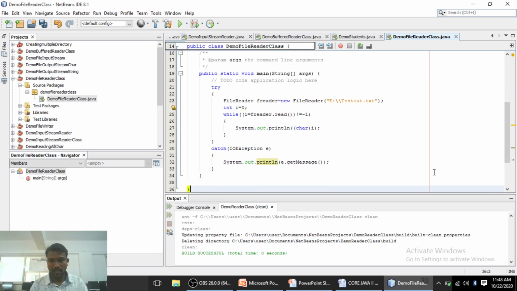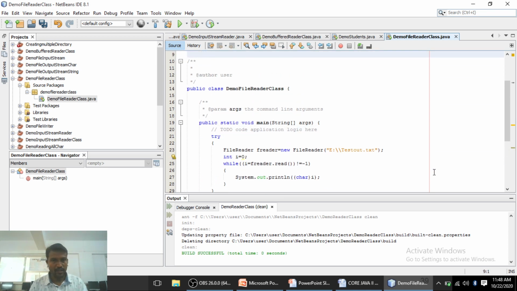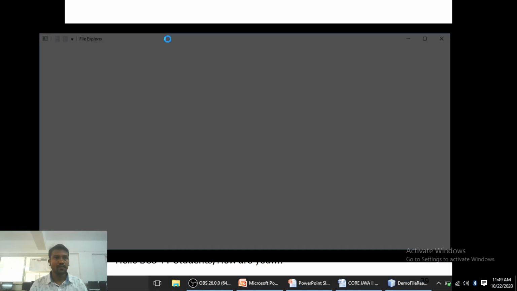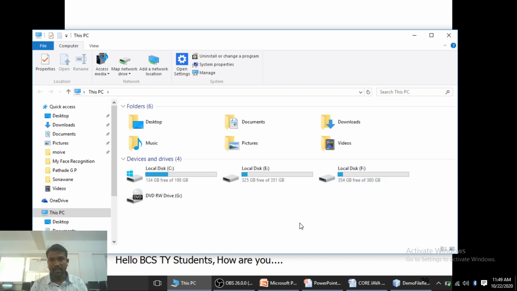Let's see if there is any error. There are no errors. We are going to save this program, then run it. First see on E colon whether the testout.txt file is present or not.